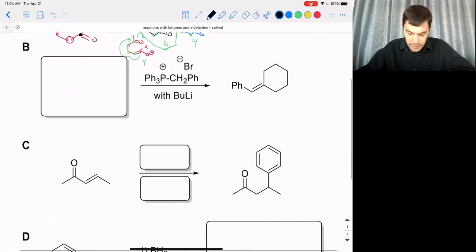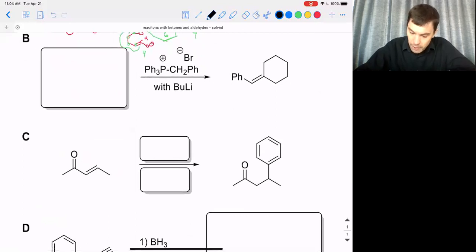All right, moving on down here, let me see what kind of conditions we have. Now this is an unusual phosphonium salt, and the good news is there's only one reaction that we typically talk about that has a P+ in it, and we have a nice strong base here in butyl lithium. Now butyl lithium is probably overkill for this reaction, but what it's going to do is deprotonate one of these hydrogens, and so we're going to end up with Ph3P double bond phenyl there. And so this is the ylide intermediate, and remember that's in resonance with the